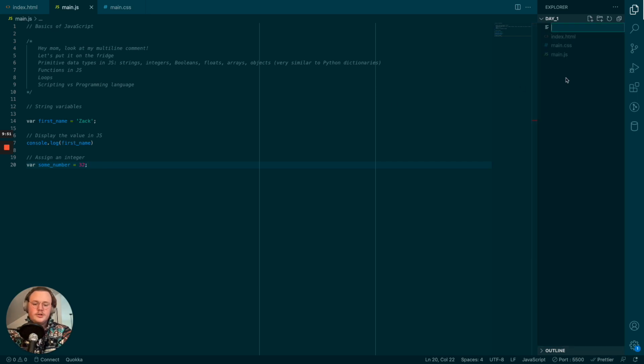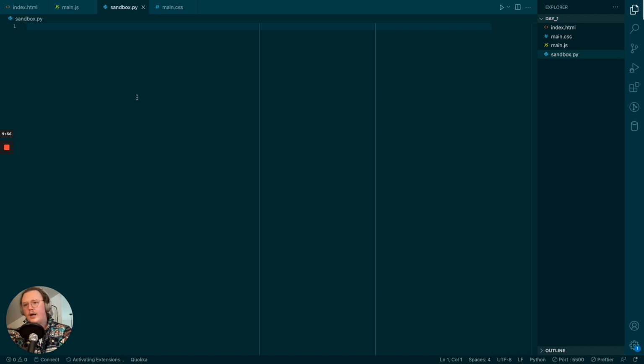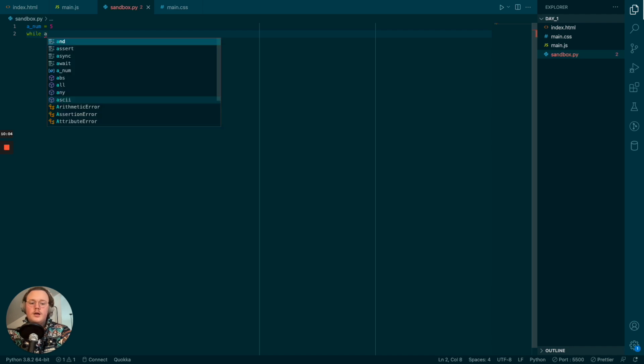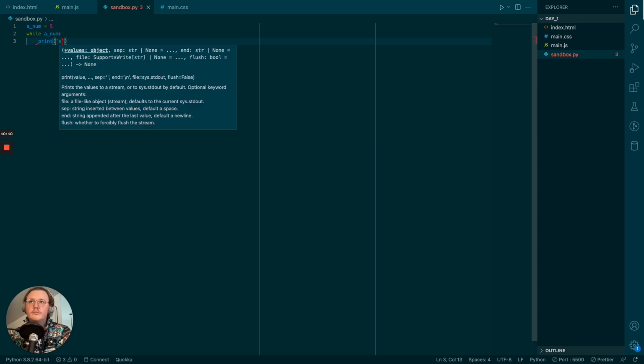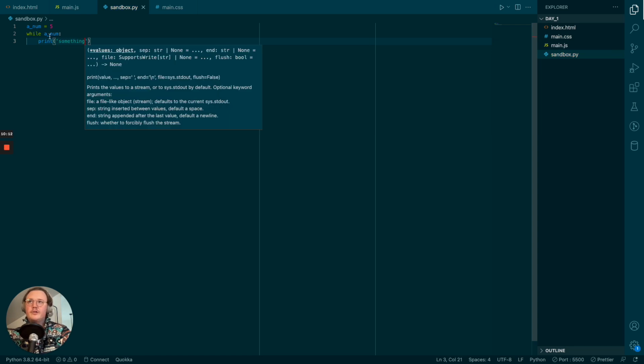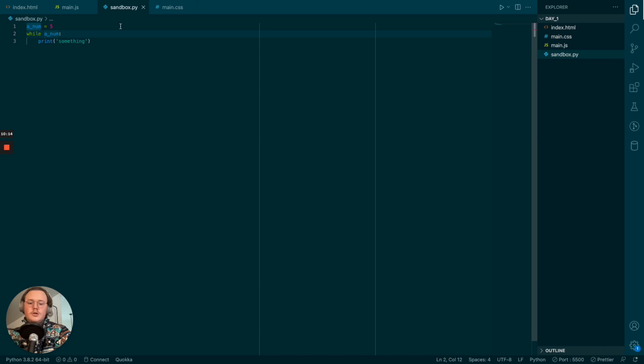You don't have to even actually sandbox.py. When we do our while loops, we could say a num equals 5, while a num, and you print something or whatever. And it'll do this indefinitely because a num is true. We could also do this, and this is only if we're testing it equal to 5,